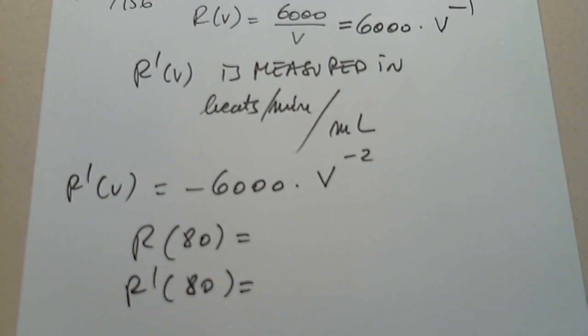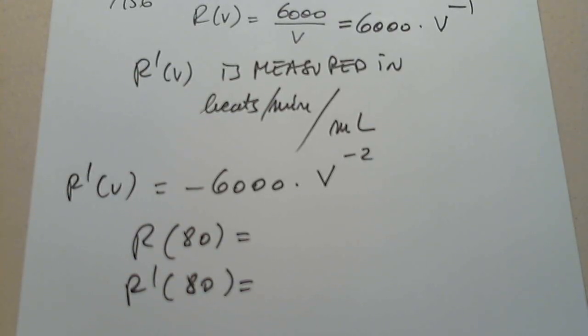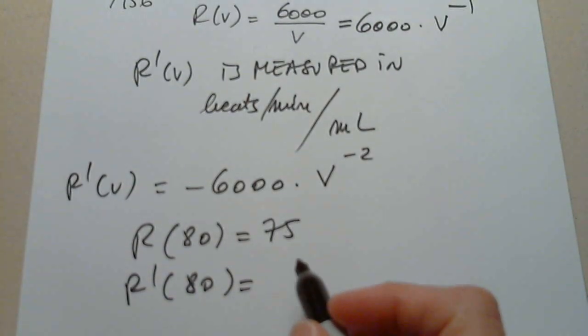So of course I'm going to plug them in the graphing calculator, both at the same time. Clear, go back up. So the first one is, you can write it as 6,000 over V, which is X in the calculator. And the other one is negative 6,000 divided by V squared. And now what I have to do is just plug in 80. Do not calculate these by hand. Please enter them in the graphing calculator. So the first one is 75, and the other one is